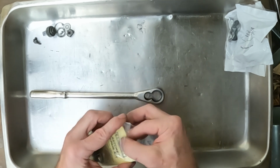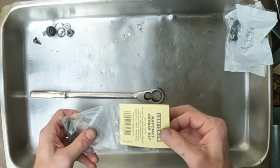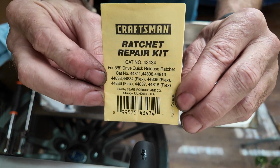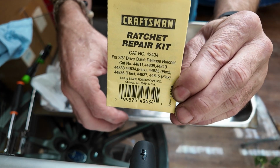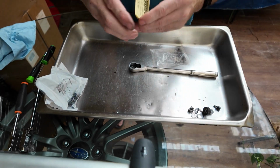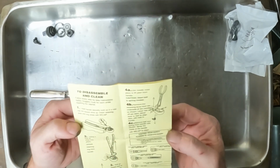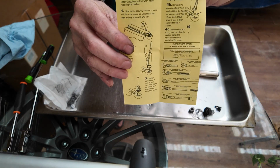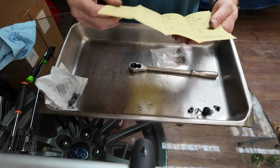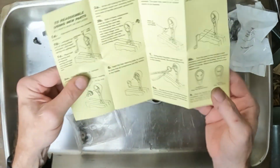Go ahead and get this kit opened up. So this just shows up on eBay, and that gives you the part numbers of the ratchets that this kit fixes. And then it just gives you the 1, 2, 3, 4, 5, how to fix everything. Basically everything just goes back together the way it came apart. Okay, so